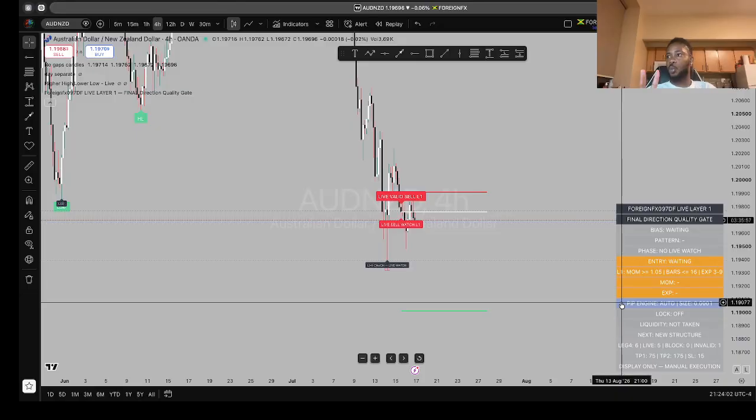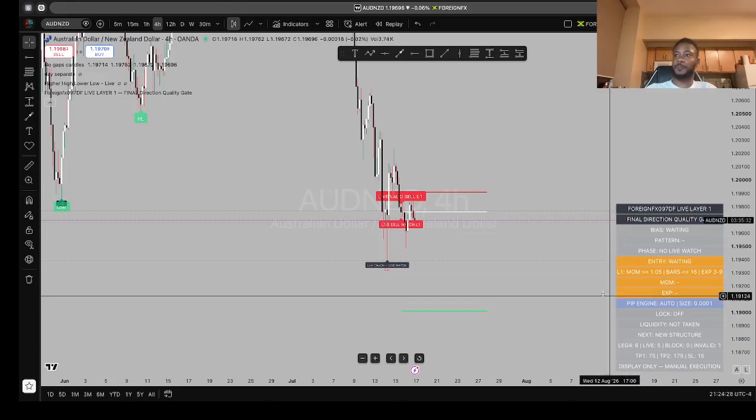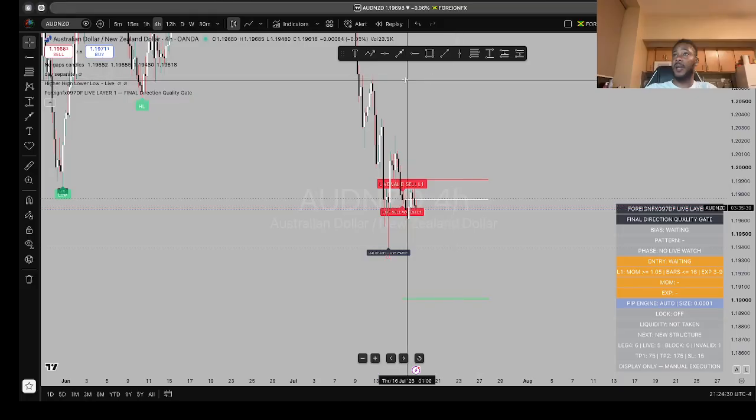Now it has two main take profits. It has a 75 pip take profit, and it has a 175 pip as the final take profit. Now it is coded to give the user a visual entry point, a visual stop area, and a visual area to exit. So I'm gonna identify those areas,